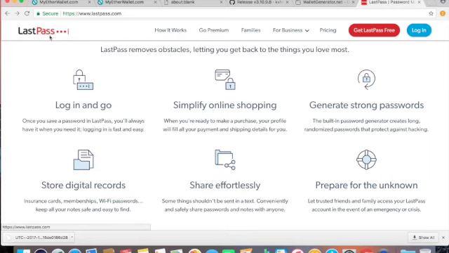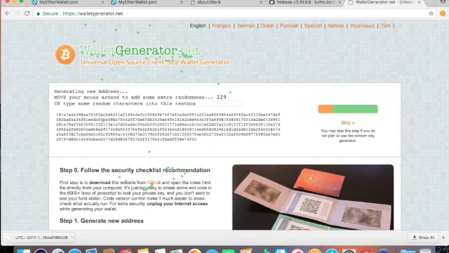Obviously, having it anywhere other than just on that piece of paper offers some exposure to you, but it's still safer than having it on an exchange where there might be malicious bad actors who are going to try and steal all those wallets at once. So I just wanted to throw that out. LastPass type of thing. AWS, Amazon Web Services, also offers encryption. There's other services like that. Okay, so just to keep this video